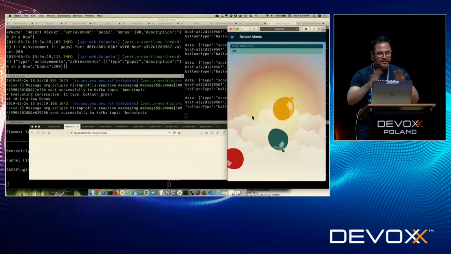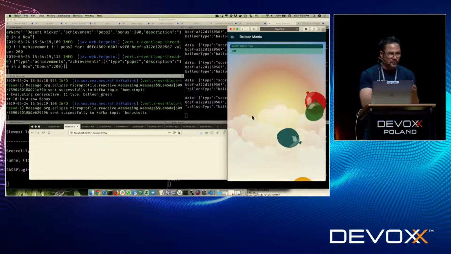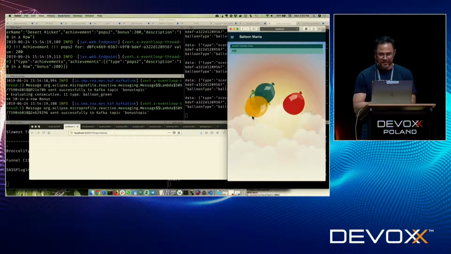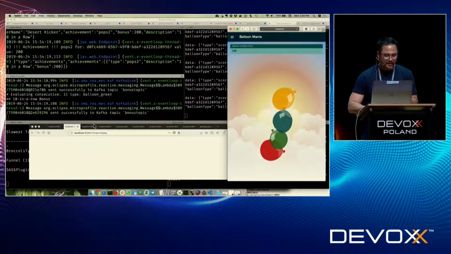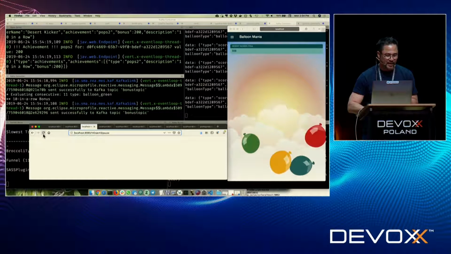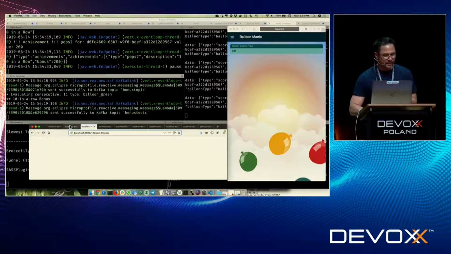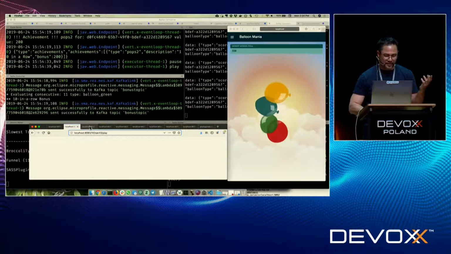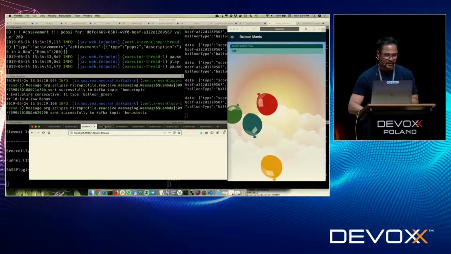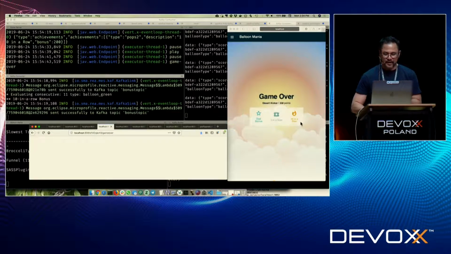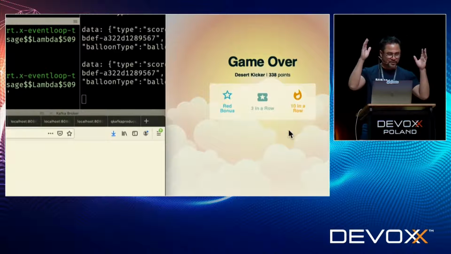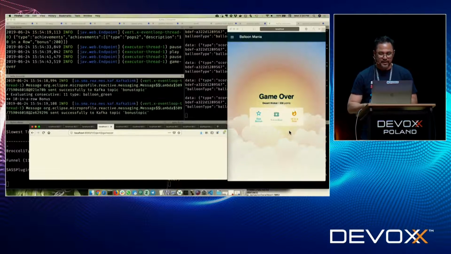So this concept, the reason I'm using this as an example, it has nothing to do with the fact that I like to play with balloons or pop things like Fruit Ninja. It has most to do with the fact that I love these concepts of real-time applications. Like I can pause this application in real time as an example. I can go back and start playing it again if I want to with the audience. And I can basically say, okay, now, and the game is over, right? And you can kind of see there's my 3 achievements that I made, the red bonus, the 3-in-a-row bonus, and 10-in-a-row bonus. And so this is an application that I think is the future of next-generation web applications in general.